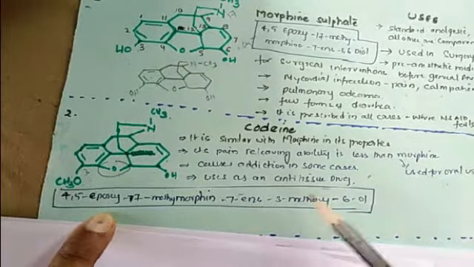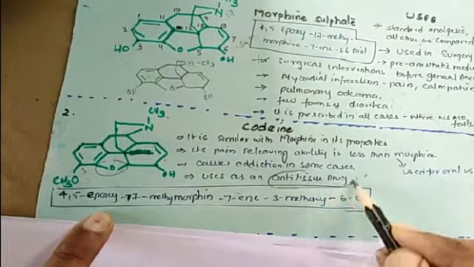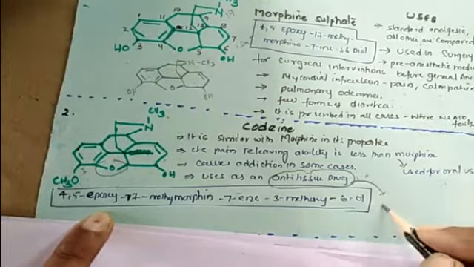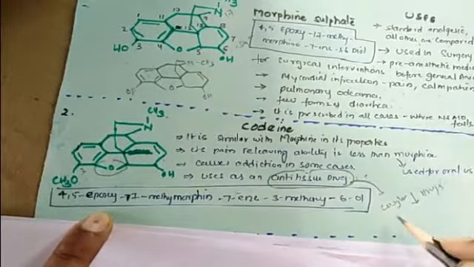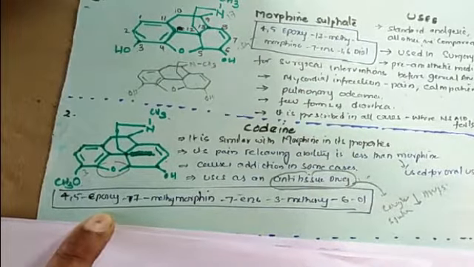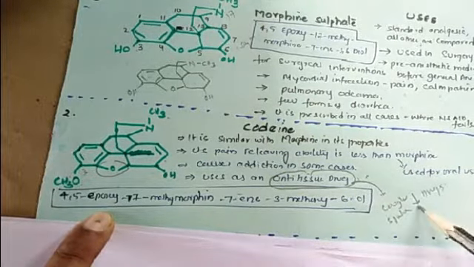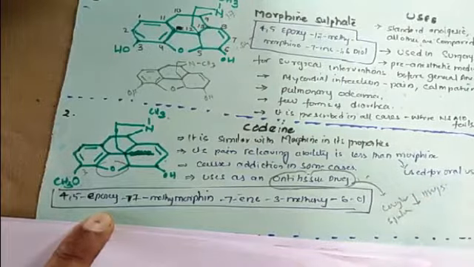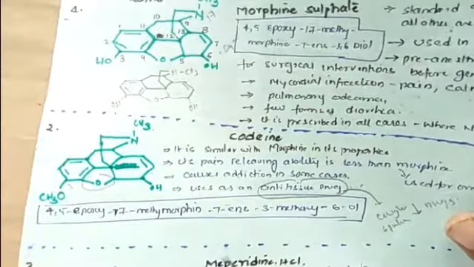It is also an antitussive drug. Antitussive means cough-reducing drugs. Generally patients who suffer from cough also have sputum, and these drugs will reduce it. Antitussive drugs are used to treat cough and sputum. So this is about the use of codeine. Coming to the next drug molecule, meperidine HCl.